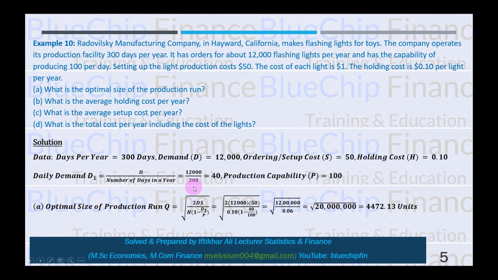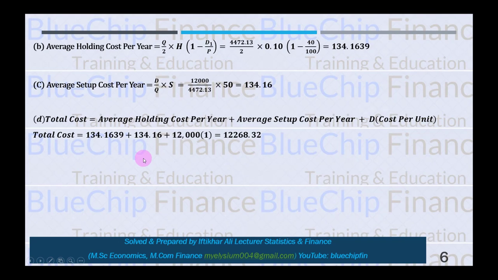We place 1 minus d1 by p with H. When we calculate average holding cost per year, in the previous case it was Q by 2 multiplied by H, but here it is Q by 2 multiplied by H multiplied by 1 minus d1 by p. So Q is 4472.13 divided by 2, multiplied by holding cost 0.10, multiplied by 1 minus 40 divided by 100, and it is equal to